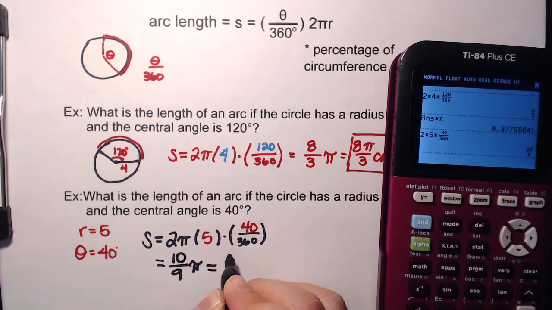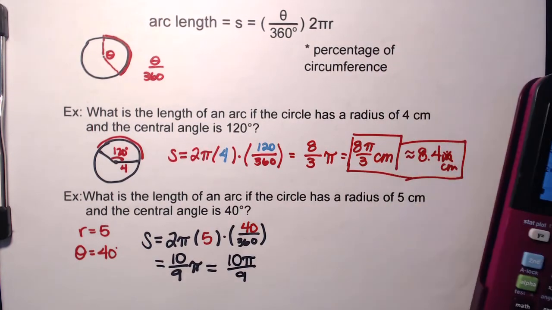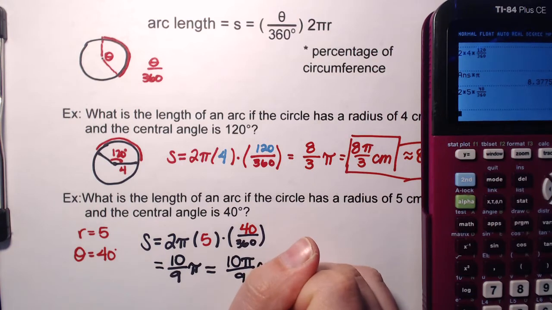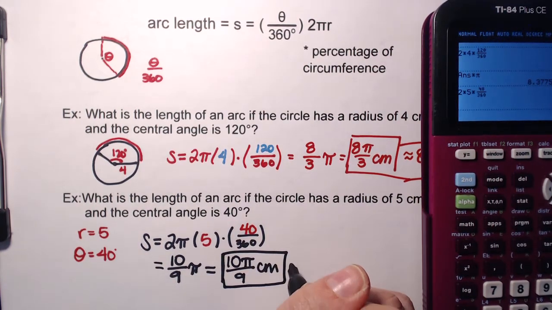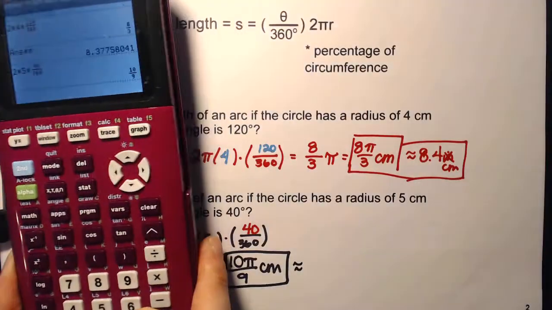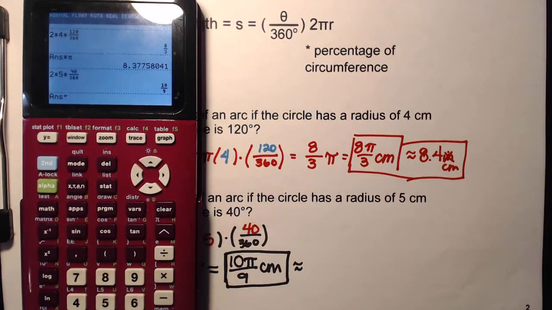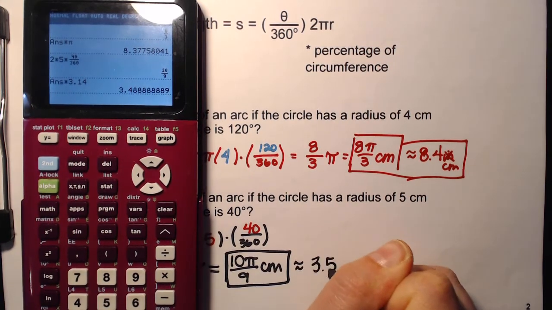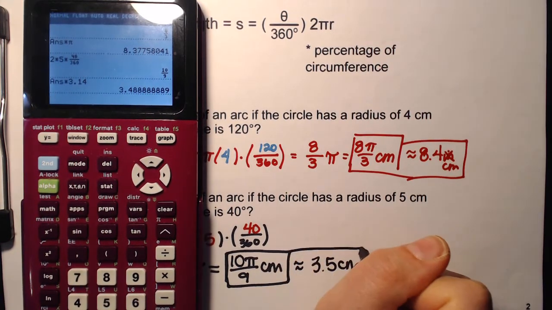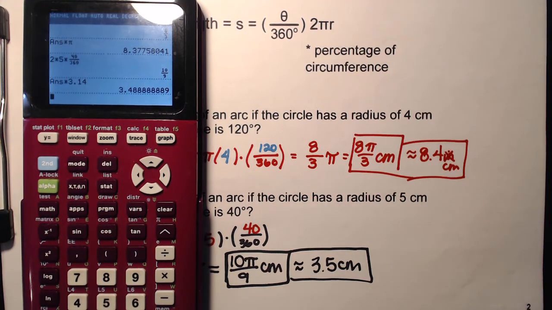I like to put that back into the numerator, and it's centimeters. And then I need to also multiply that by pi. So then that would be my two answers. Okay,